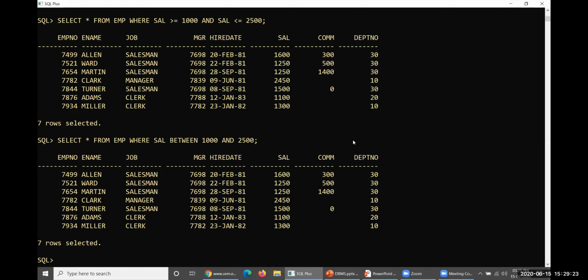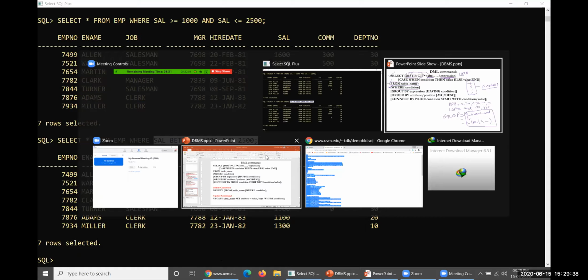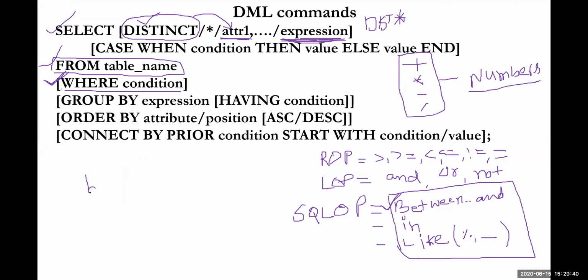Everything is the same, but there are certain rules and regulations on how it operates. Let us look at these rules. Salary between 1,000 and 2,500. Let us consider it taken between one value, say n, and another value, m.